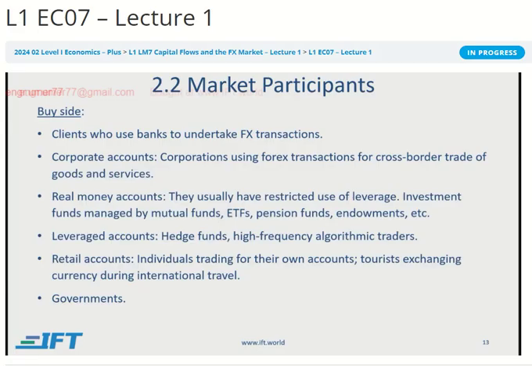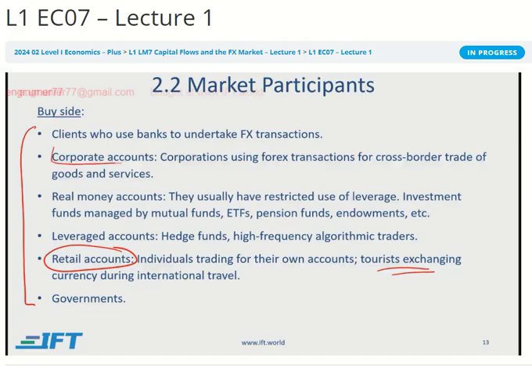Now, the buy side is long. This is just one slide. There's another slide coming up after this. So starting off with retail accounts: individuals, tourists, exchanging currency, going for international travel. So let's say you're American, you're going to Europe, you're going to sell your dollars, buy some euros, and enjoy that vacation in France, right? Or maybe